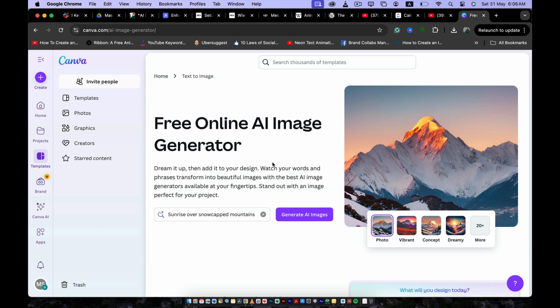You can also use Midjourney if you want. You can also use ChatGPT if you want, but I'm going to go with Canva because I'm more comfortable using Canva. So once you open up Canva, you need to write here